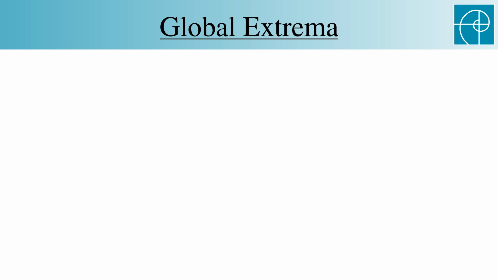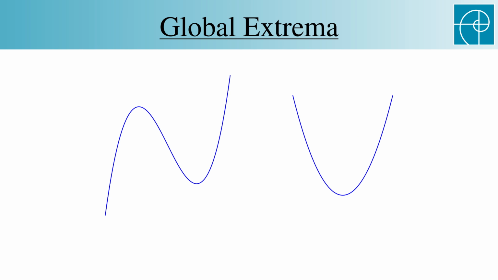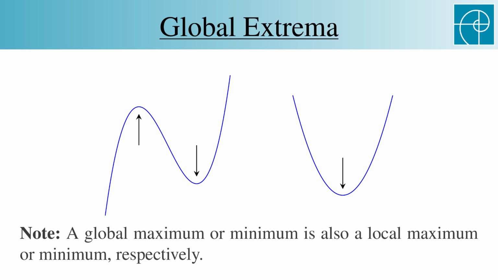But what if we look at the graph of a cubic polynomial instead, or a quadratic? The cubic has a local max and min, but neither is global. The quadratic has a global minimum, but no max. In fact, it doesn't even have a local max. I should say here that we're considering these graphs on the entire real line, so they keep going in the